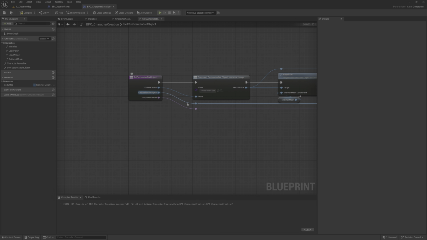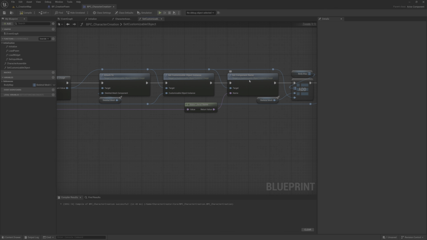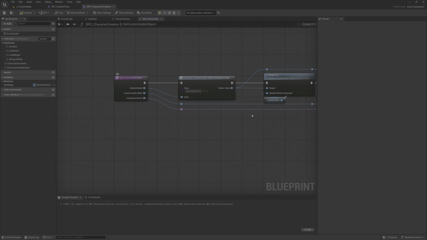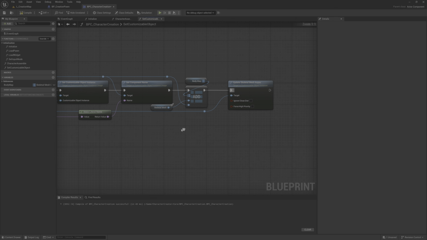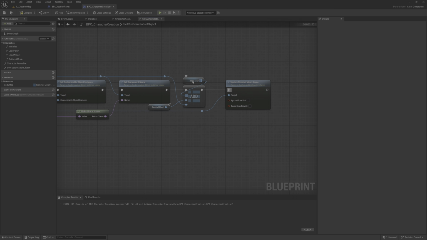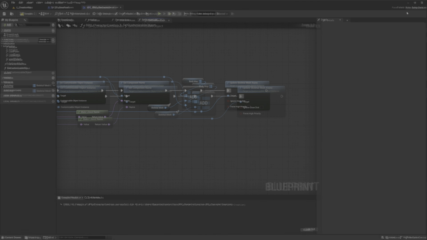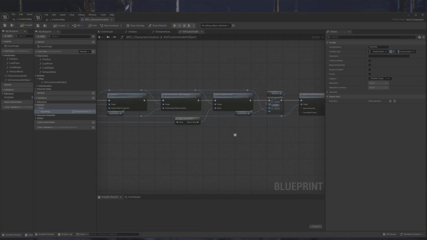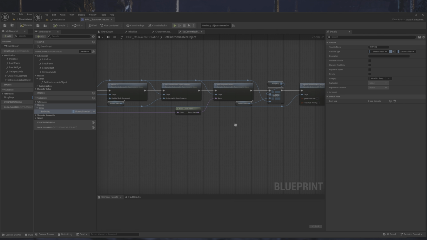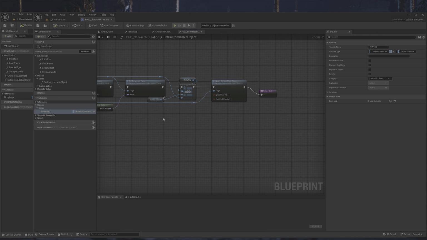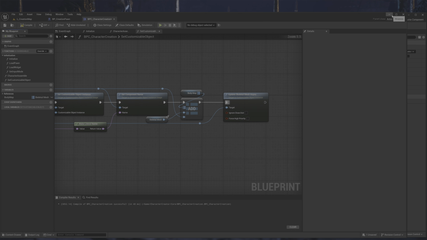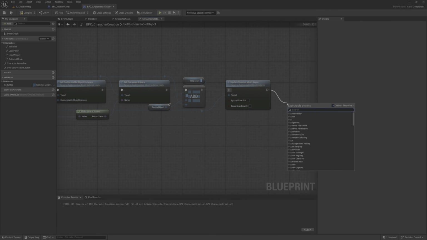We choose the instance here, and we set the component name based on what we have here, and then we will add it to the body map that we will create, and then update the skeletal mesh async. Let me check here. Yes, that's all. And return.